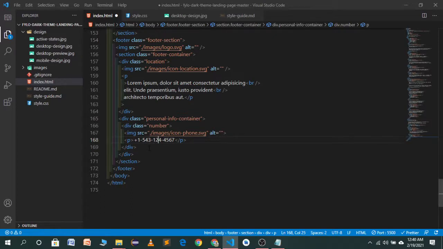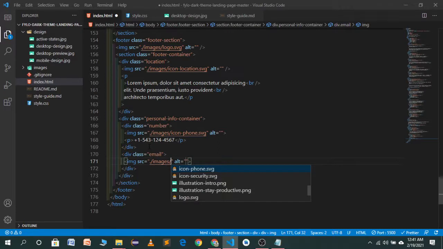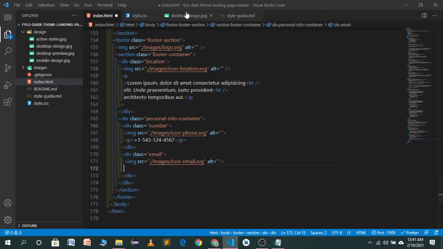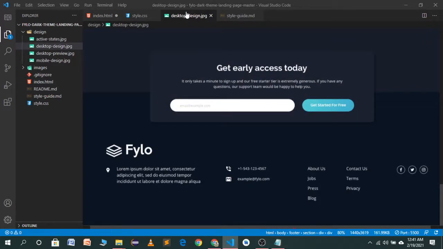So let's go to the different, and underneath we have an email container. Here we will have an image which will be an icon of email and our email. So the email will be example@philo.com.